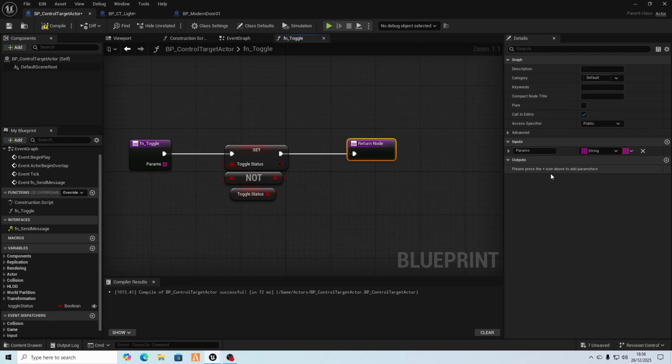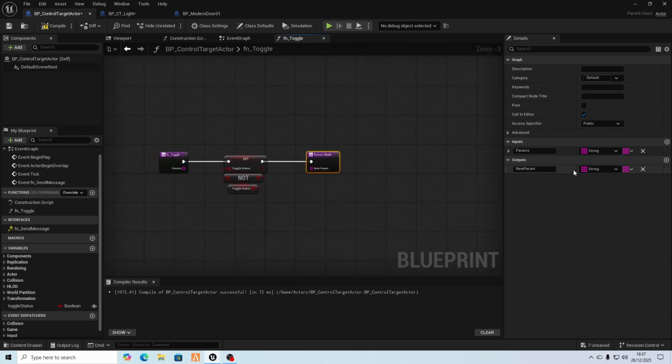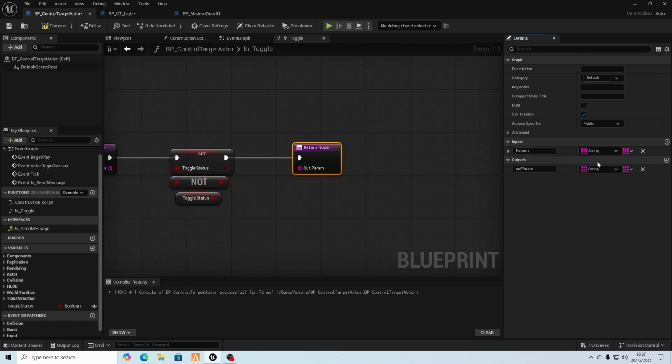And we want to add the output out params. Yep. Oh, that didn't work. Out params. Oh, for some reason it's not letting me use it. Have I still got the old one here? Why can't I use out params? Out param. Oh, out param works. That's unusual. Type is string